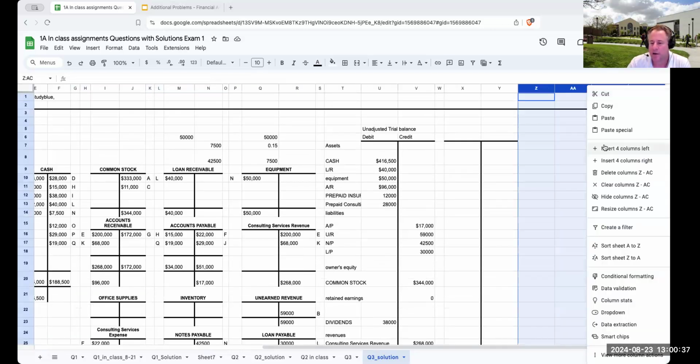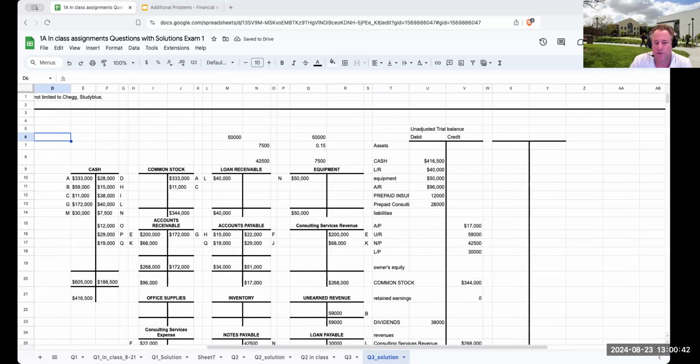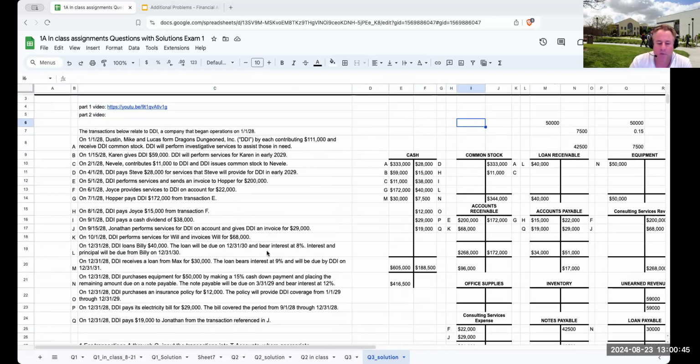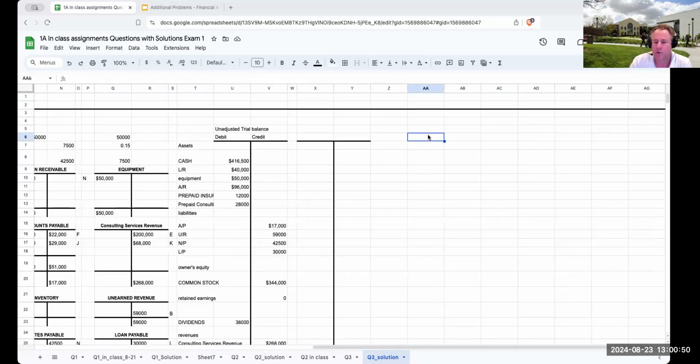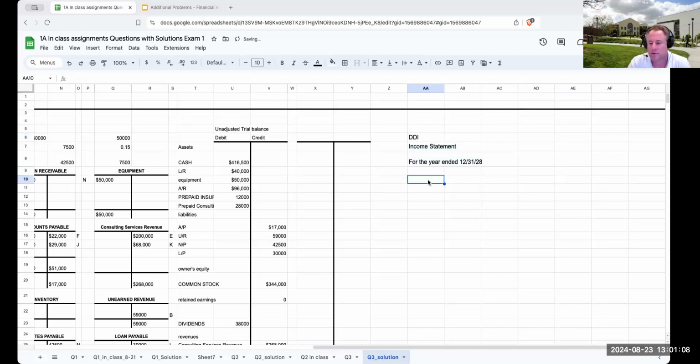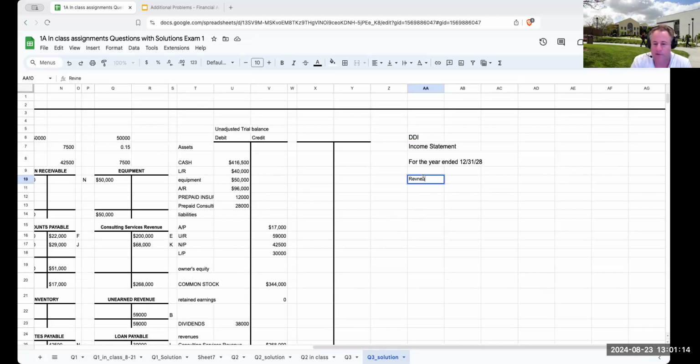So coming right over here, we're going to have our company, which is DDI. We're going to go ahead and copy this, prepare an income statement for the year ended. We always want to do a header: DDI income statement for the year ended 12/31/28. So we're going to have that statement. What we're now going to do is, for the income statement, take our revenues